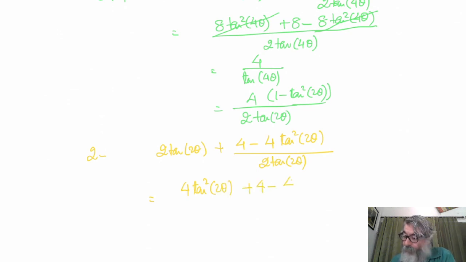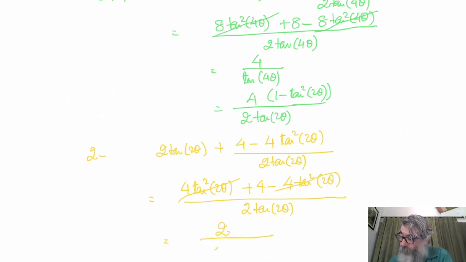Again, this term will cancel and we will get 2 upon tan 2 theta, which will become 2 upon, what will it be? 2 tan theta and 1 minus